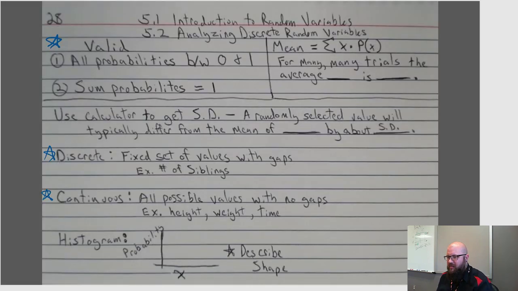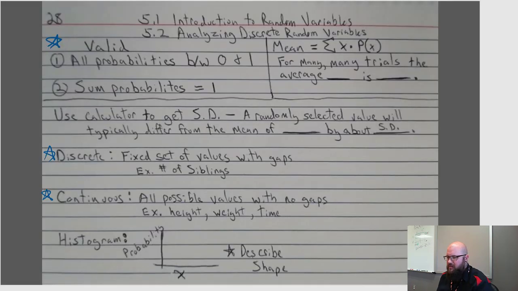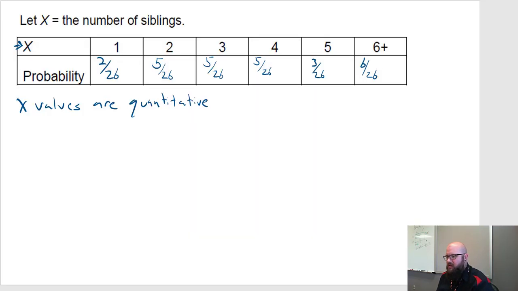So with this, what we talked about for our big ideas that we were just looking at is finding out if all probabilities are between 0 and 1. Looks like we have everything in fraction form there, so it's less than 1 and greater than 0. And then we're going to see if the sum of probabilities equals 1. So we're going to add all these up. That's how we would determine if it's equal to 1.